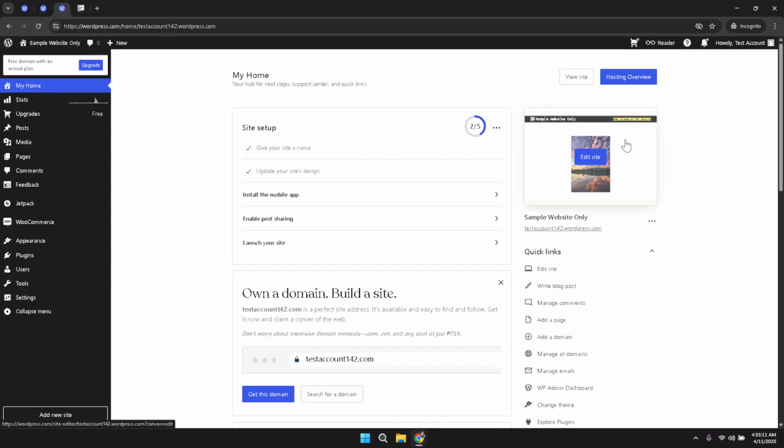Upon successful login, you will be presented with a dashboard that contains a section known as Quick Links. Within this section, look for the option to Edit Site. Clicking Edit Site takes you directly into the site editor, a powerful tool designed for making live changes to your